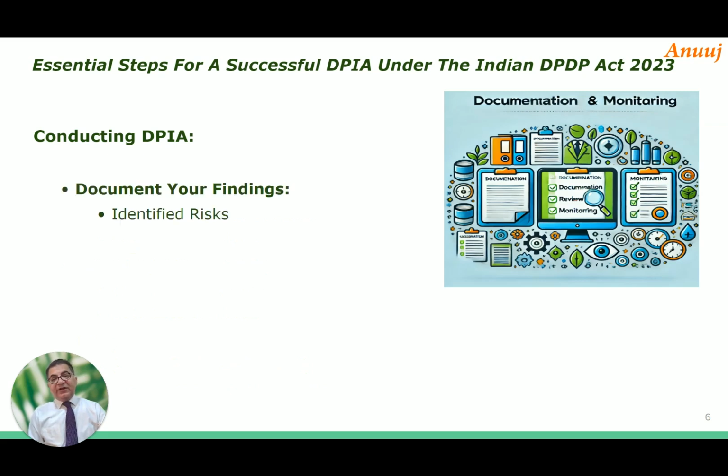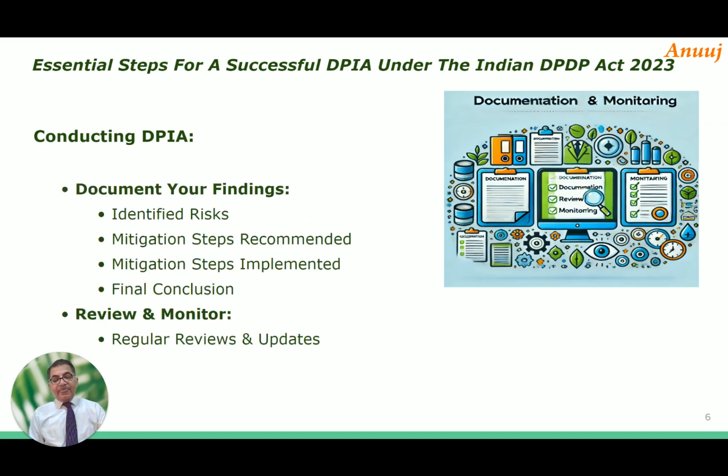Then comes the final stage where you need to document whatever risk that you have seen, and whatever measures that you have taken to resolve these risks, mitigate the risks. You might have recommended 10 things and taken 9 only, maybe because of the cost factor, maybe because you see a lower risk, maybe it might take some more time to deploy. For example, if you are willing to put up a new firewall and the delivery of the firewall is 6 weeks, right? So it is not getting immediately implemented, but your document should say that we have decided